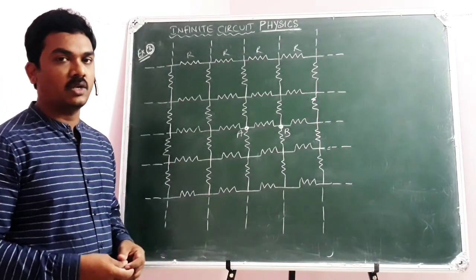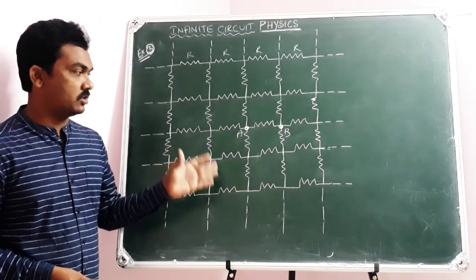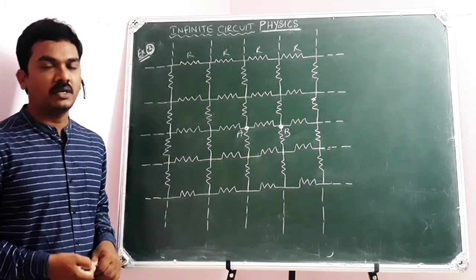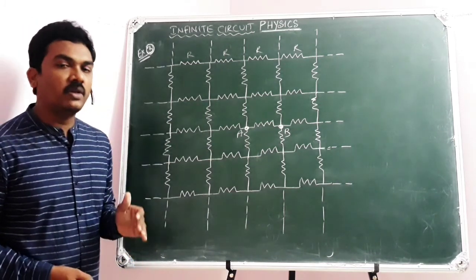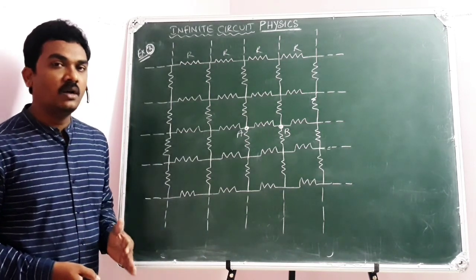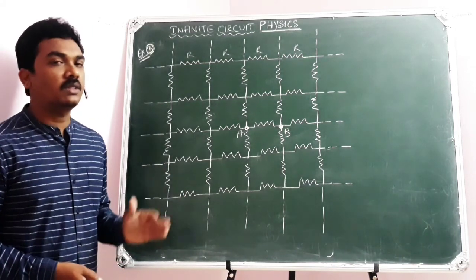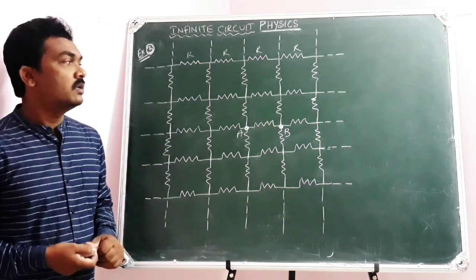Once look at this electric circuit. Here is the third example of a circuit of infinite resistors. Of course, it appears to be a little more complex electric circuit, but the solution is very simple when we are ready to understand the concept of symmetry of electric current and the symmetry of the electric circuit. The things can be done in a very, very simple manner.